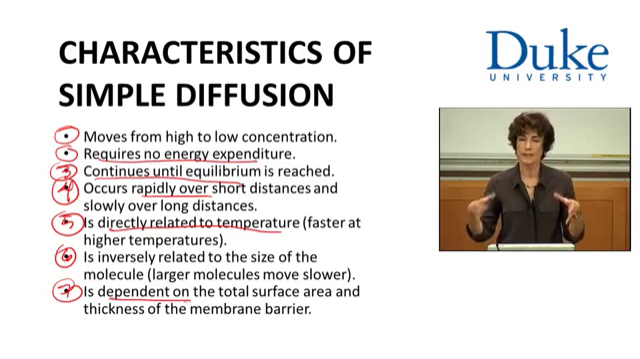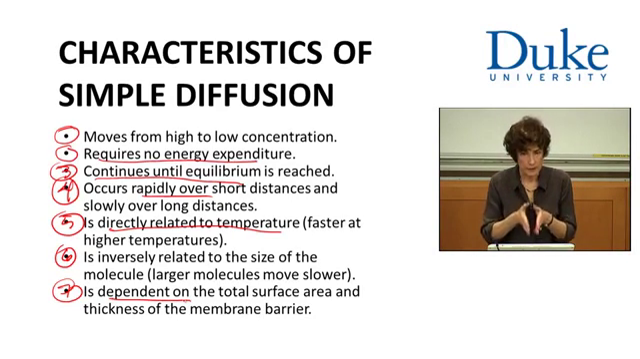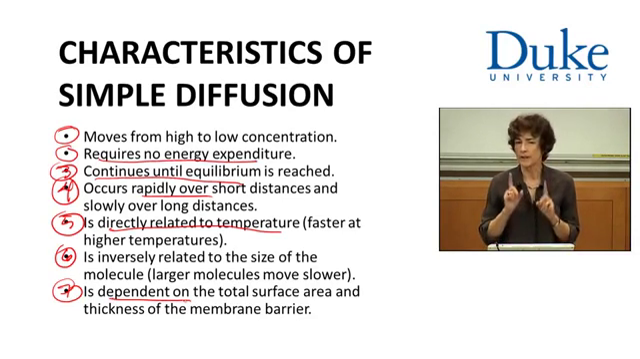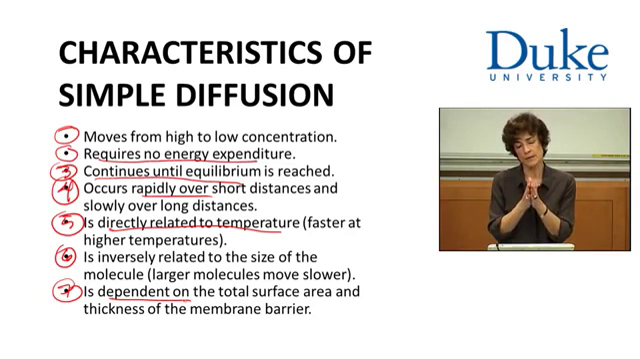So with a large surface area, you have a lot of diffusion; with a very small surface area, there is a very small amount of material that can cross at that particular point. It's also dependent on the thickness of the membrane that it's going across. And this is going to be very important when we talk about the respiratory tract, because if the membrane